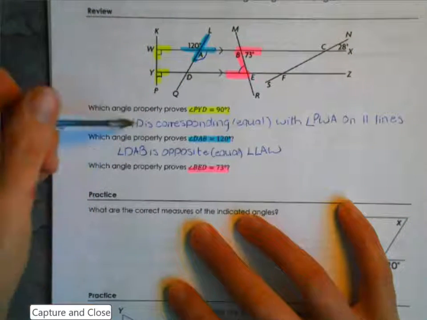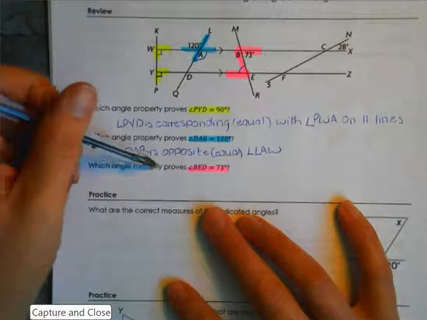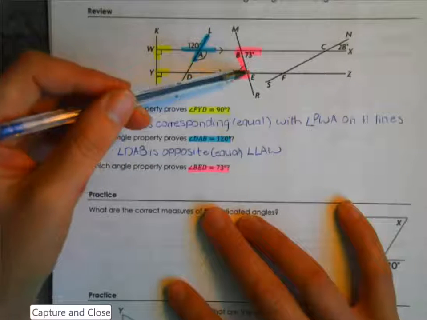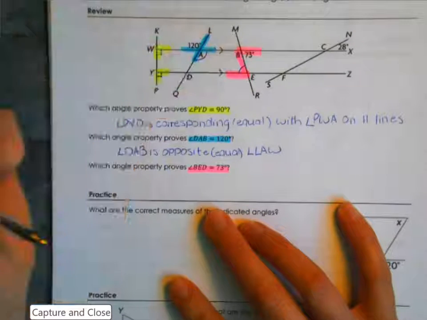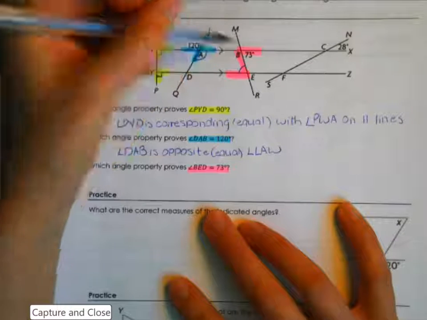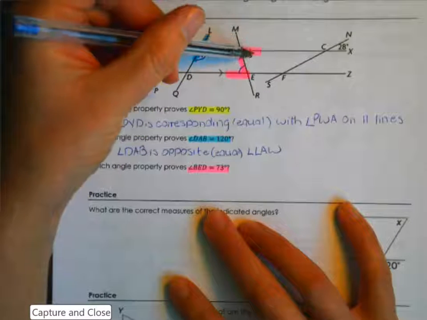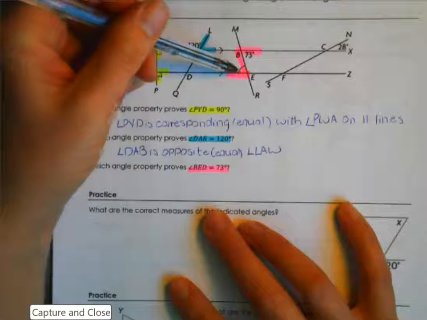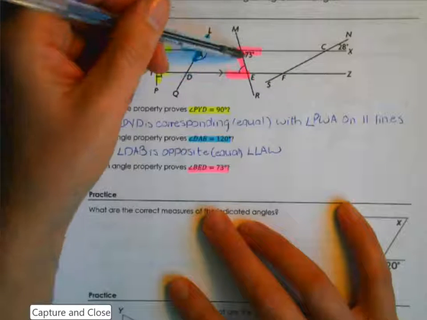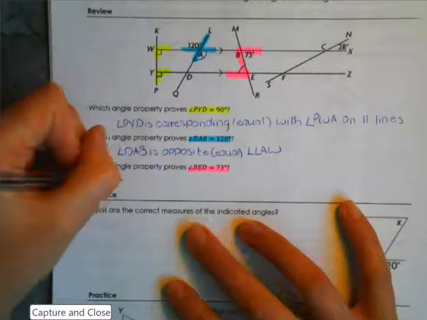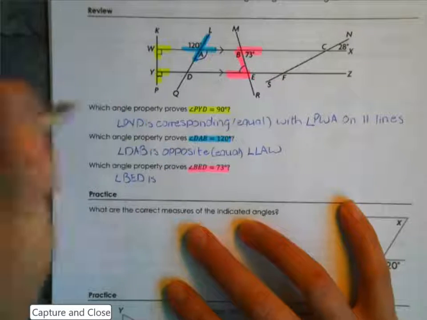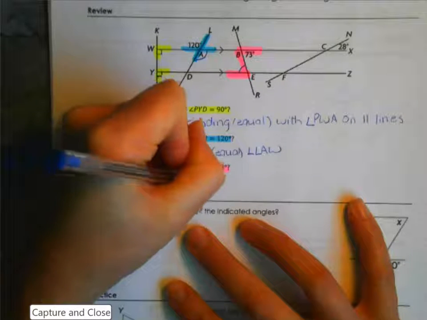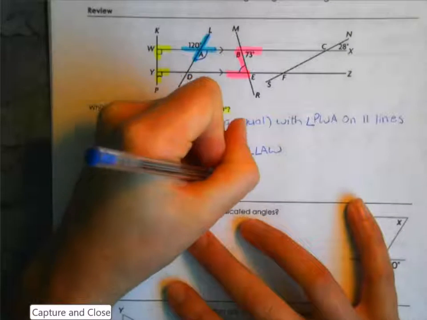Okay, the last one we have here, which angle property proves that angle BED, this one where I've drawn the little angle in, is equal to 73 degrees. Again, we can see that 73 is filled in here, so we just need to figure out what is the relationship between this angle here and that angle there. Well, they're both on the inside of these parallel lines, and they're on opposite sides of the transversal, so we can say angle BED is, now hopefully you guessed this already, alternate interior. And again, that means it's equal